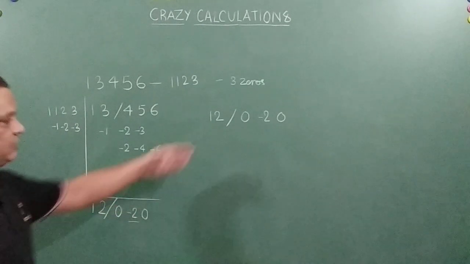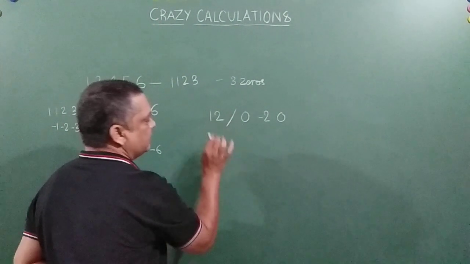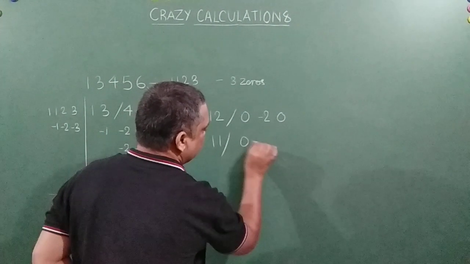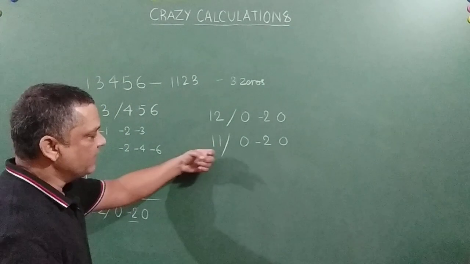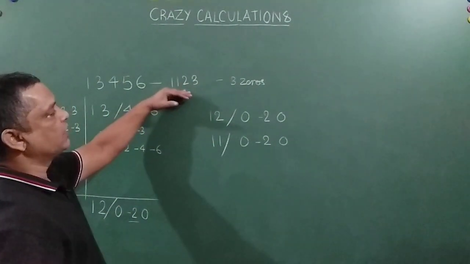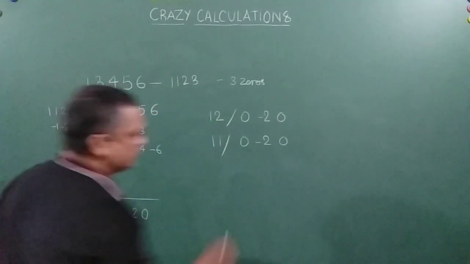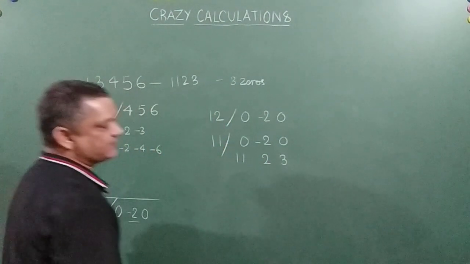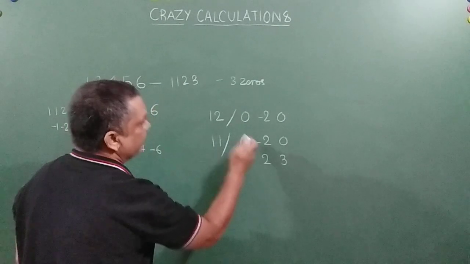Okay. So this is the position in which I am. So what I am going to do is that I am going to take out 1 from here, making it as 11. Okay, and 0, -2 and 0. If I take out 1 from here, that 1 is equivalent to what? 1 is equivalent to your divisor. That is 1, 1, 2, 3. Something like this. From right hand side we will write 3, 3, 2, 2, 11.